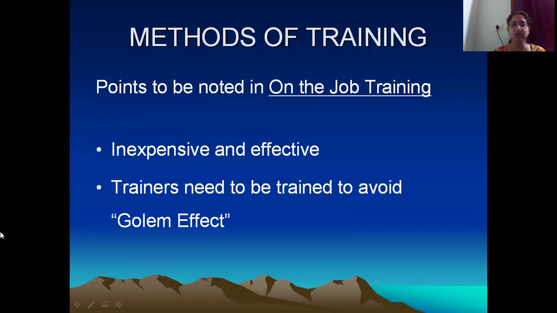Whereas for simple things which do not involve much risk, if you can just do it on the job itself, production is also happening here and there, and training is also taking place here and there. And it's also a very effective technique because the employee is learning while performing. And as they are performing, they get immediate feedback from the supervisor, as what I told you in the case of Jacob in the previous example. So because of getting that immediate feedback relating to their performance, a small kind of motivation tends to be there. So because of all these reasons, it's good.